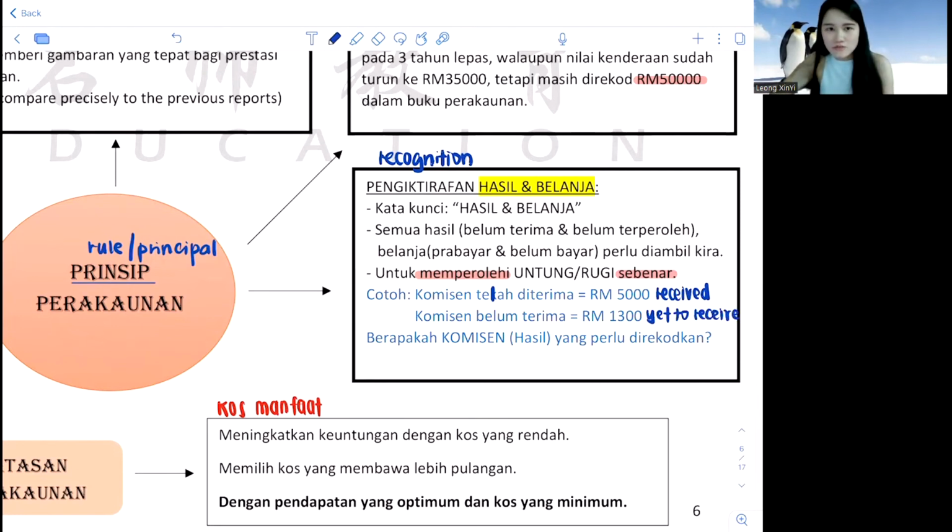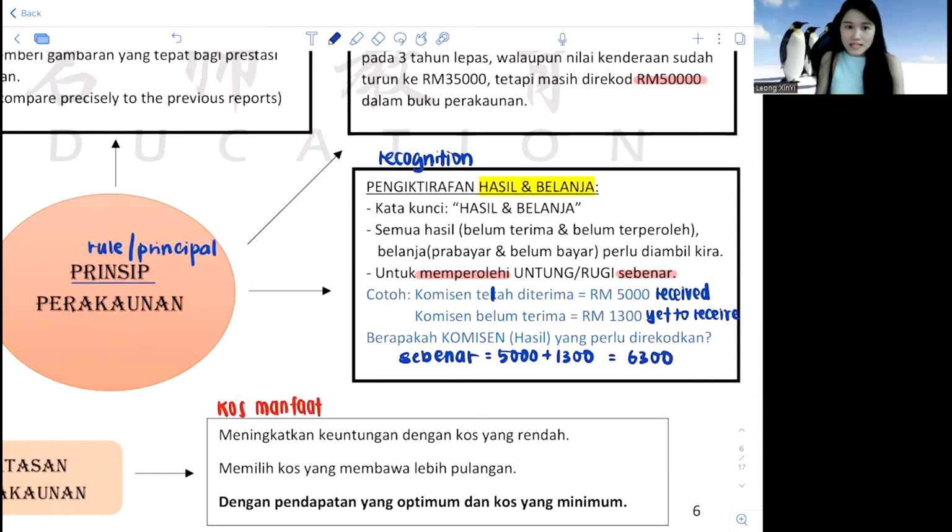So why do we call it yet to receive? It's because of this year. You are supposed to receive it this year, but you have yet to receive. Makes sense, right? The logic. But if it's meant for the next year, will I say it's yet to receive? No lah. That would be next year's receiving amount. So that proves that this 1,300 is meant for the year. So I should consider it as a part of my hasil as well. It's just that I haven't gotten the money exactly. But still, under the hasil recording, I should turn them into their sebenar. So to record it, we take the 5,000 and combine it with the belum terima of 1,300 to make it actually